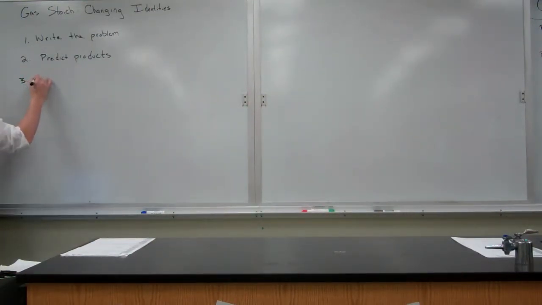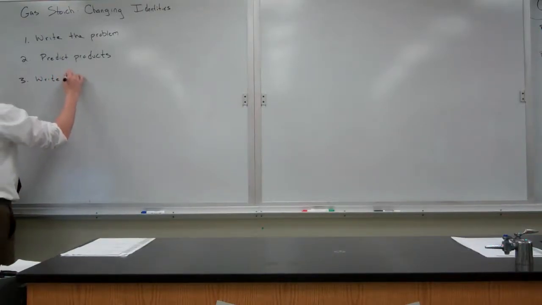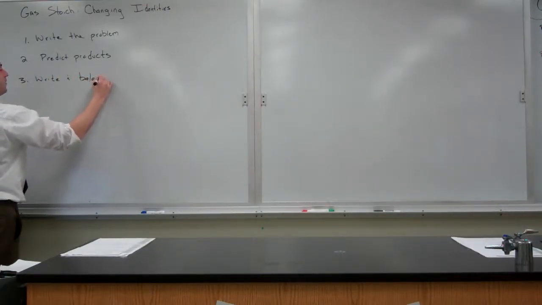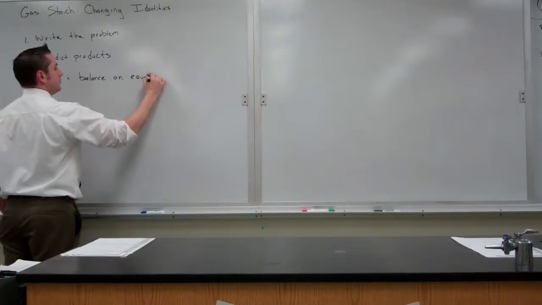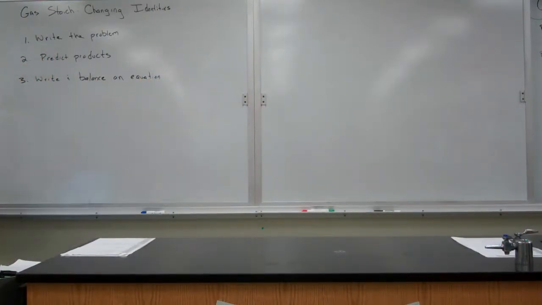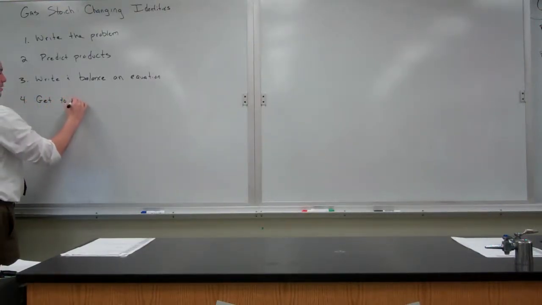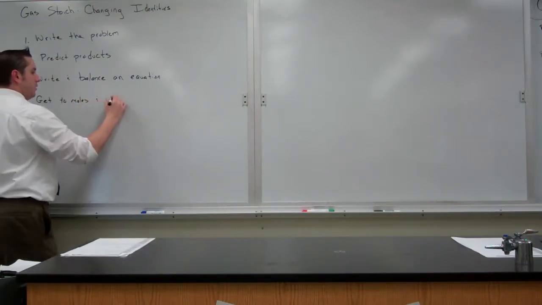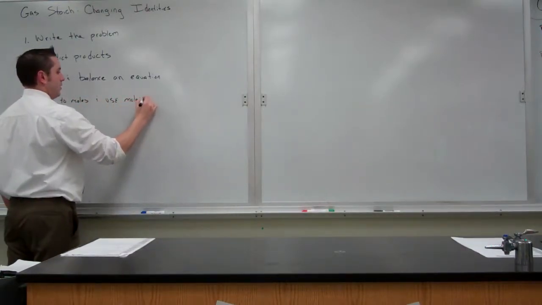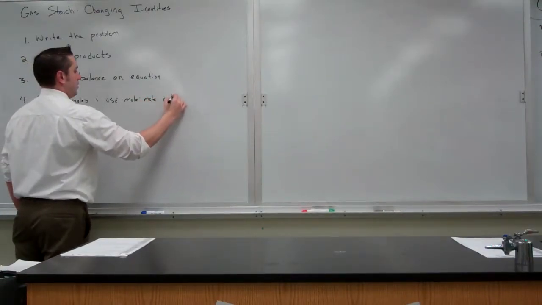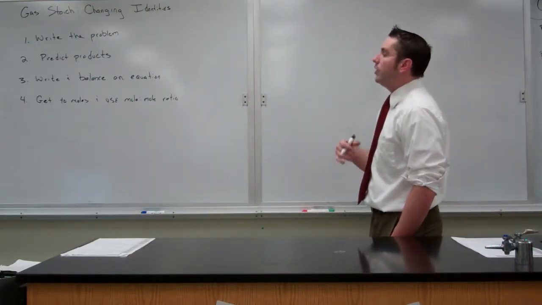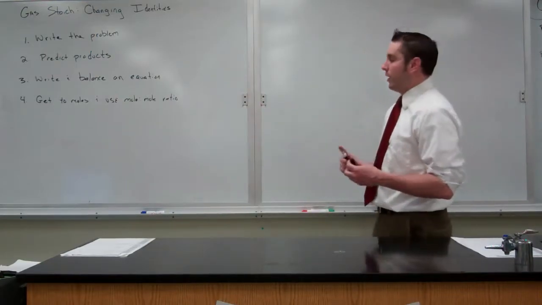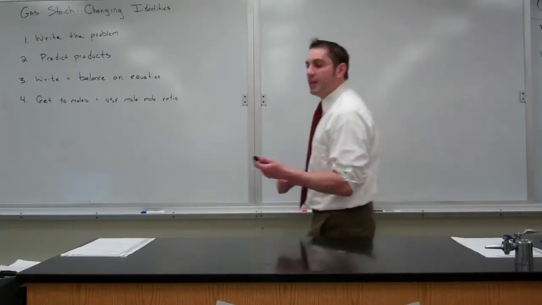Step 3. Write and balance an equation. And lastly, step 4. Get yourself the moles as quickly as possible and use the mole-to-mole ratio to change your identities into whatever it is that you want. If you take a look at the examples,